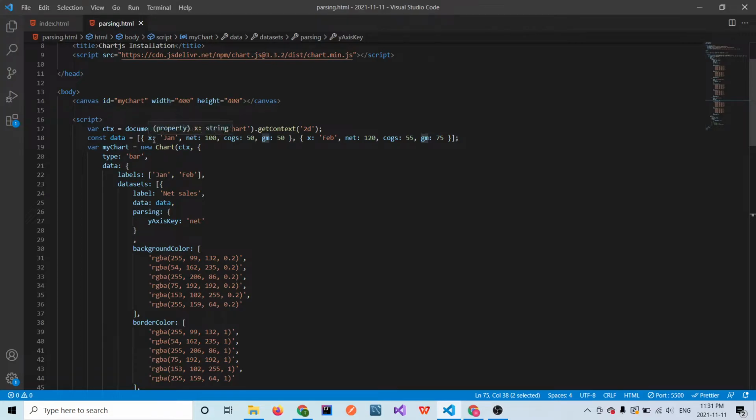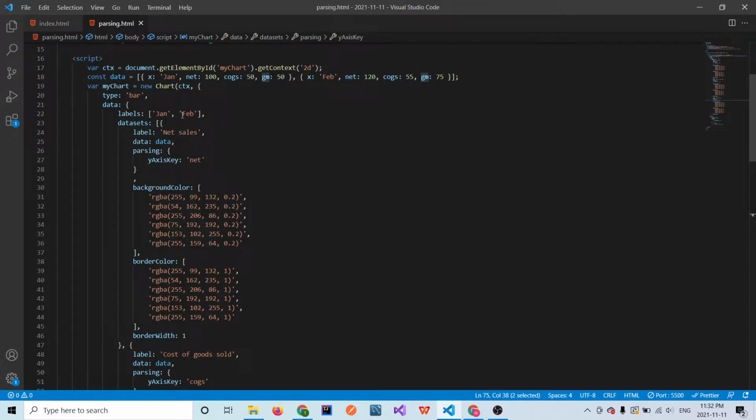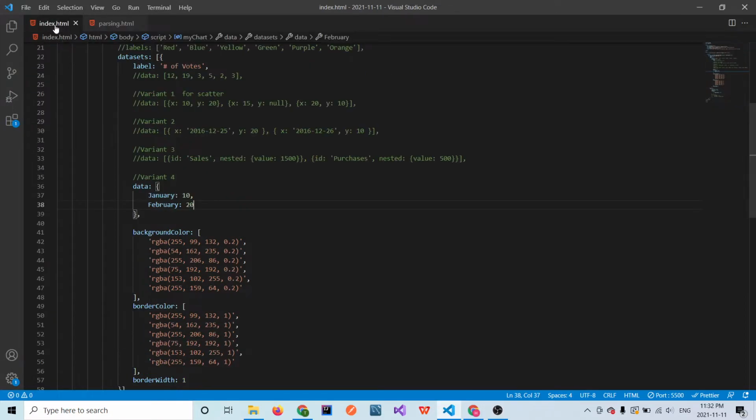And the first object says the property X is January, and they have 3 values, and the second object has an X value of February with 3 data. Okay, and here you can say the labels are January and February. If you recall the very first example here,